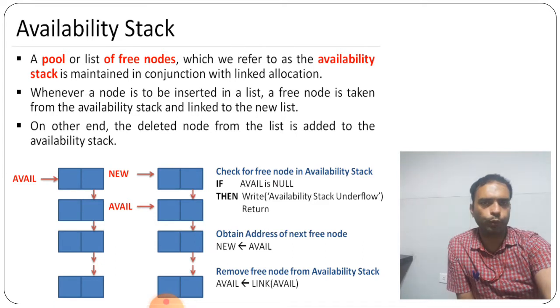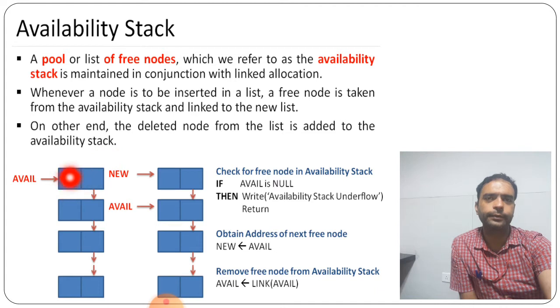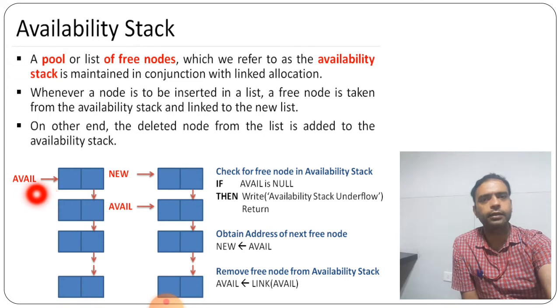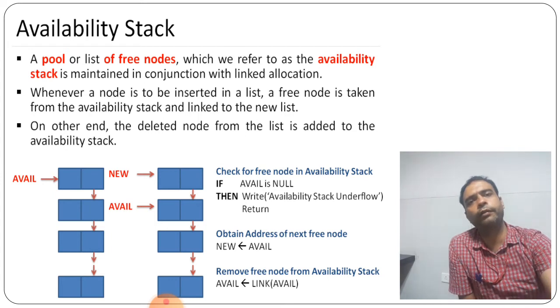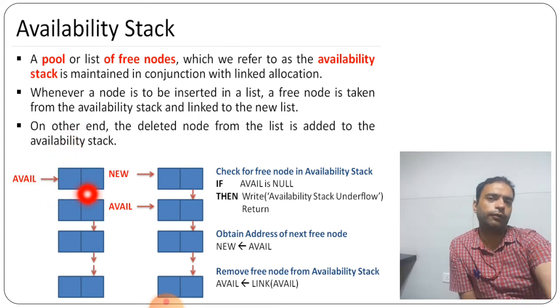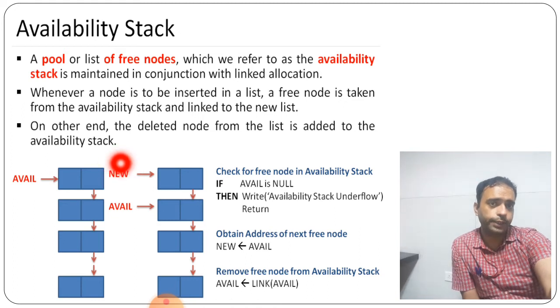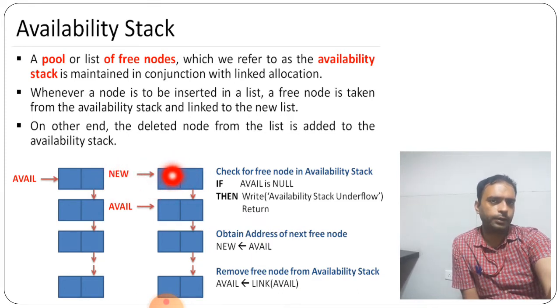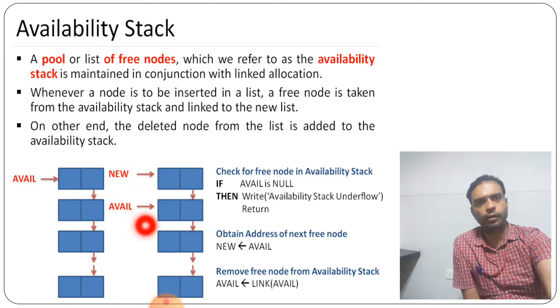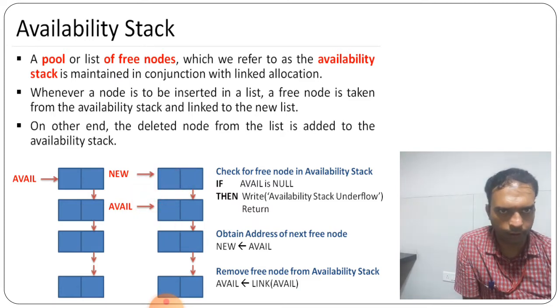Right. So here suppose the list is empty, then the first part is shown as available. ठीक है, avail, that is the availability stack. So here the first part is given, that is, the particular part is empty. So now we will insert at the first position. Now some new node is here, right? When the new node is coming in, the first part is occupied, so this particular part will be given to the new node, and the availability now will go towards the next one, right?